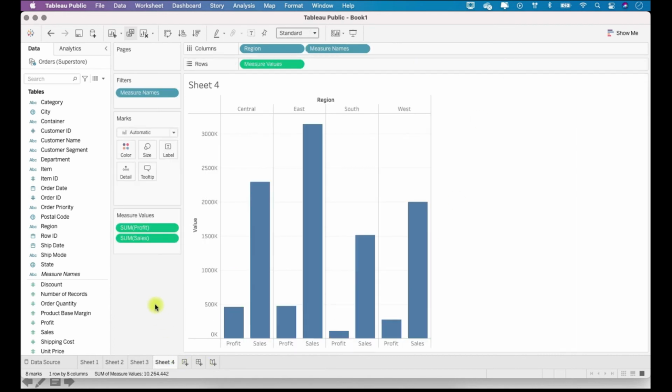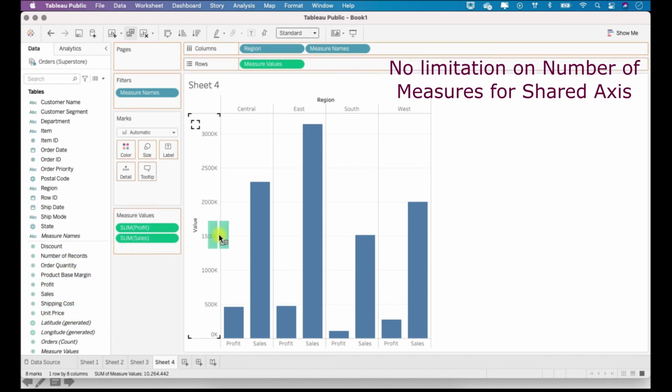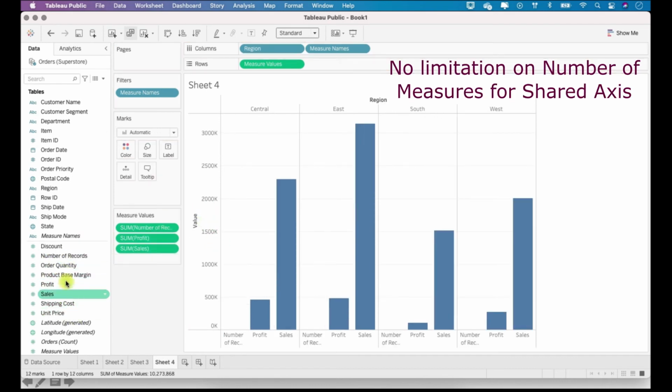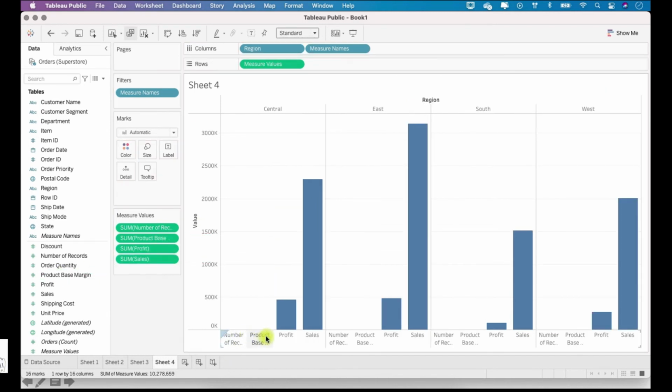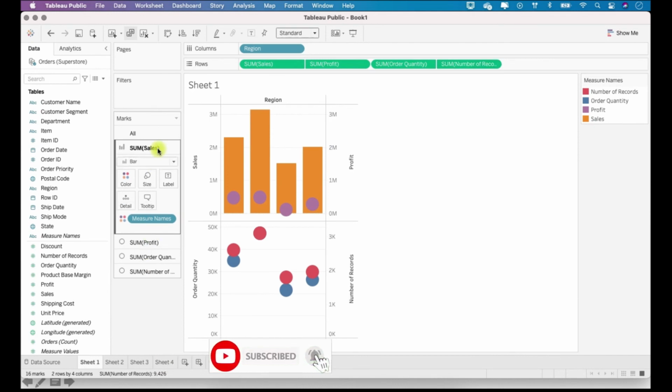But for a combined chart, there is no such limitation. I can put number of records also here. I can put product base margin also over here. Likewise, I can keep on increasing the number of measures, and it will all be on a shared axis. And remember, in a dual axis chart, we had different mark types for each of the measures.